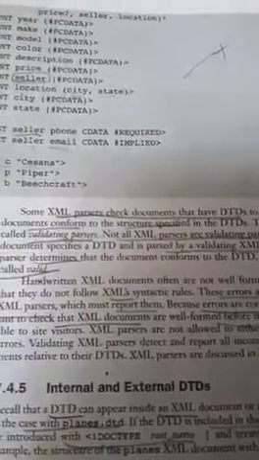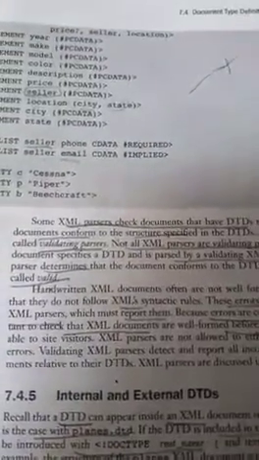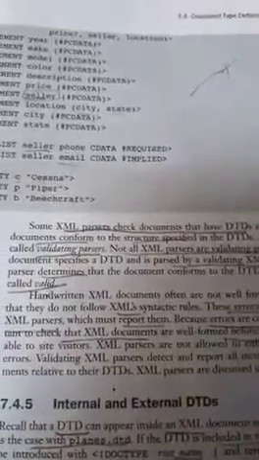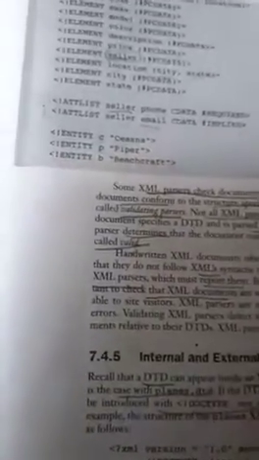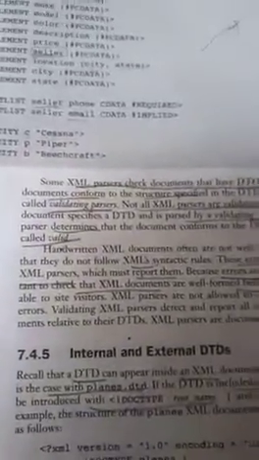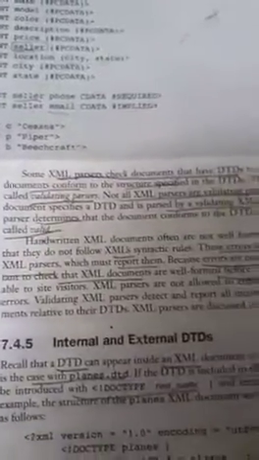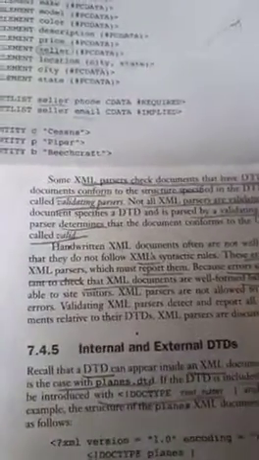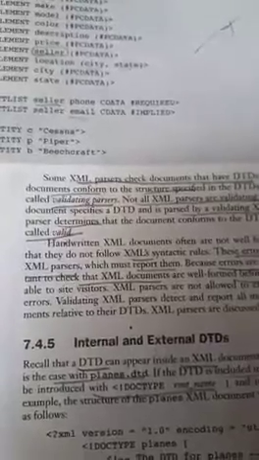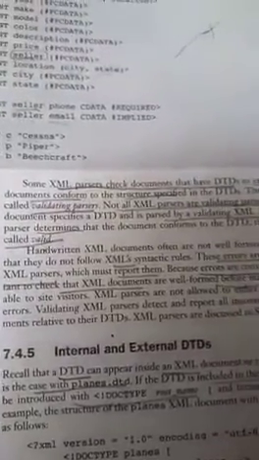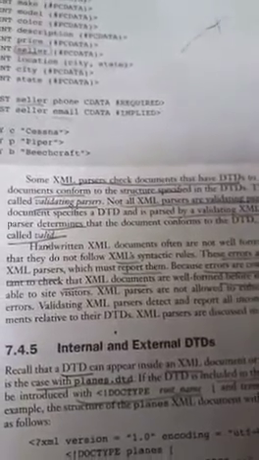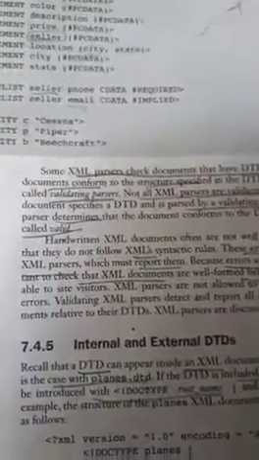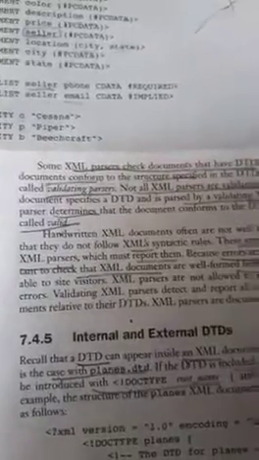Because errors are common, it is important to check that XML documents are well formed before making them available to the site visitors. Once you write a coding in XML, you must check whether it is without errors. It is one of the major roles of the programmer. XML parsers are not allowed to either repair or ignore errors. Validating parsers detect and report all inconsistency in the document relative to the DTD. The XML parsers are explained in my further videos.